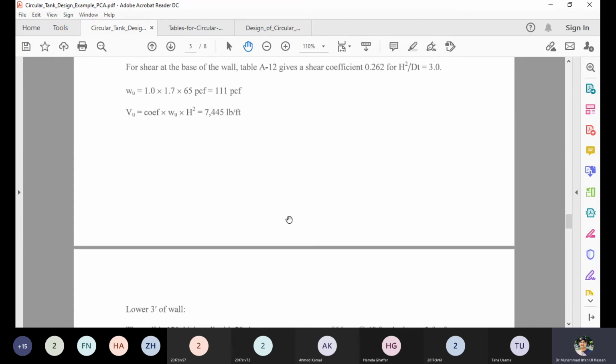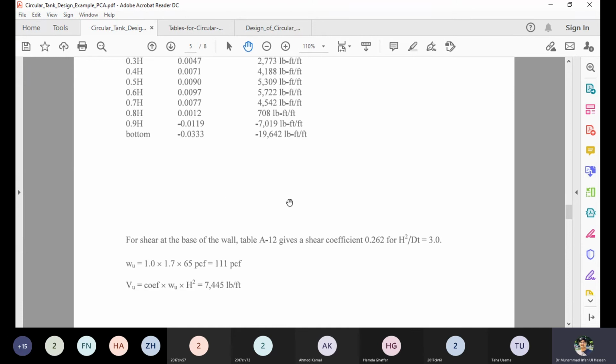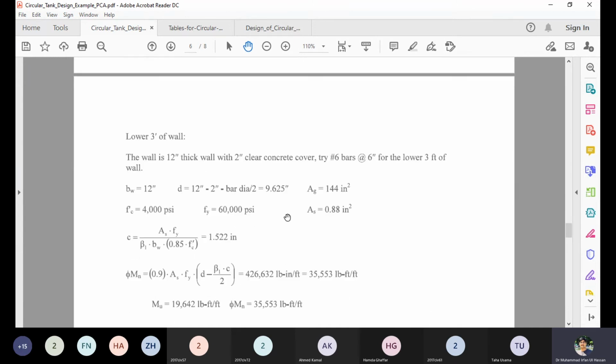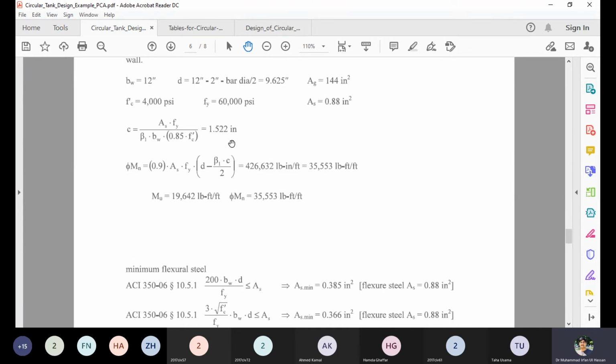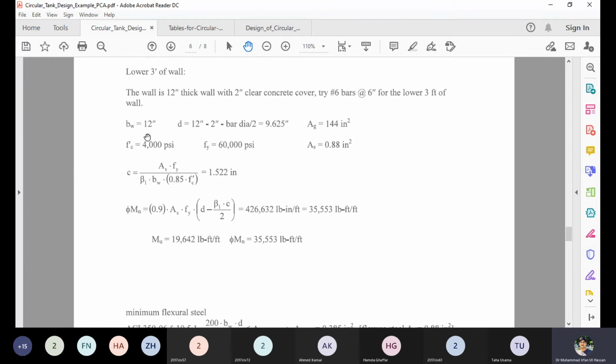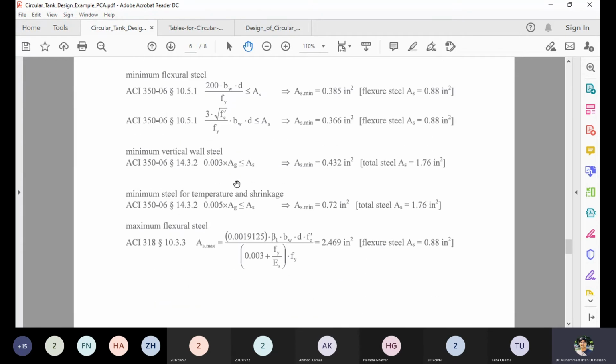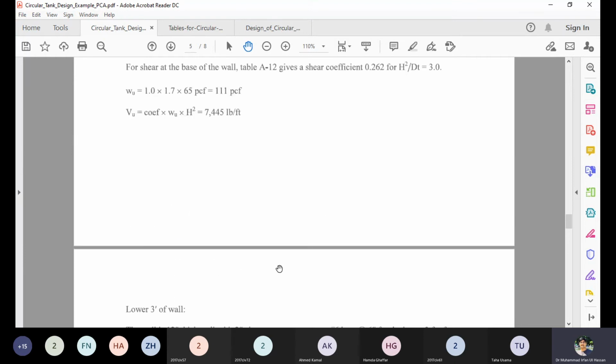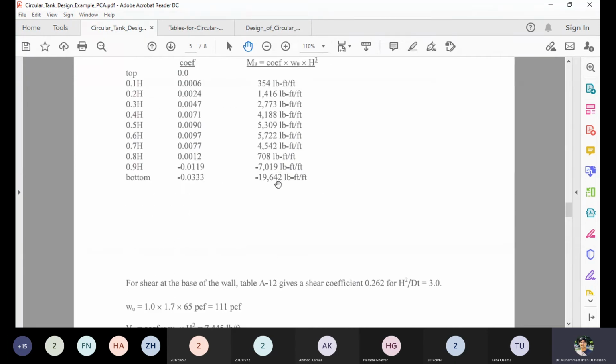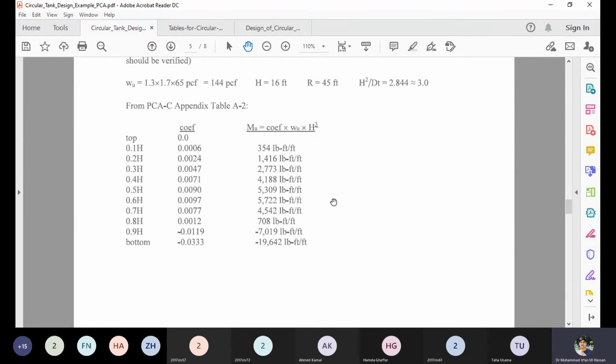You will provide the reinforcement in the similar way. You will see that the thickness of the tank is satisfied, and you will decide the diameter of the bar and the area of steel, and you can compute the thickness. No need to do it like that. You can directly compute the rho value from the moment, and against the rho and the R value, you can compute the area of steel required.